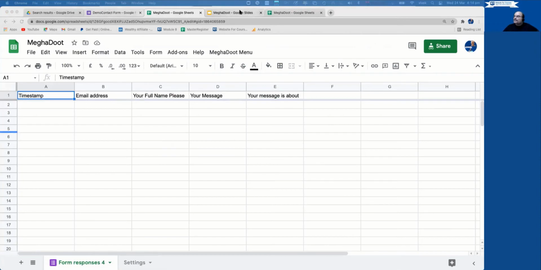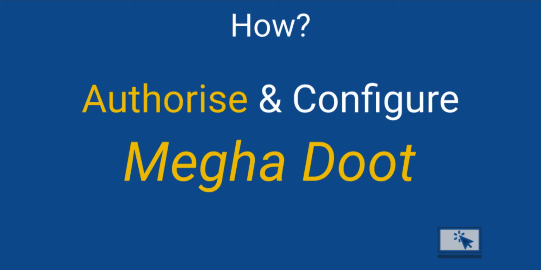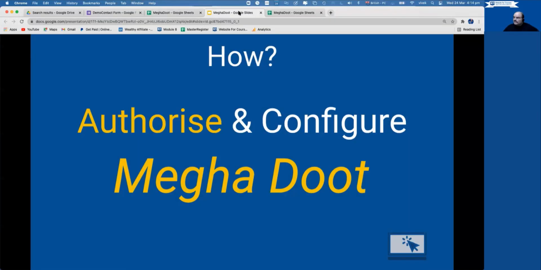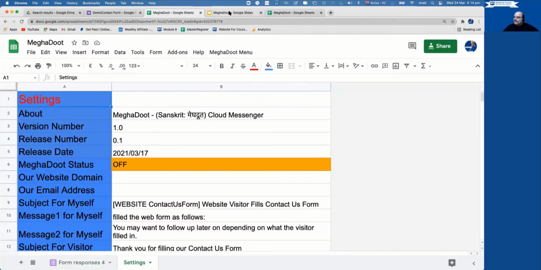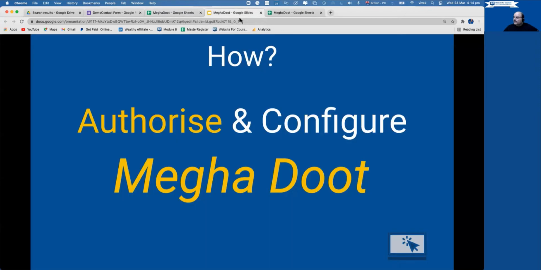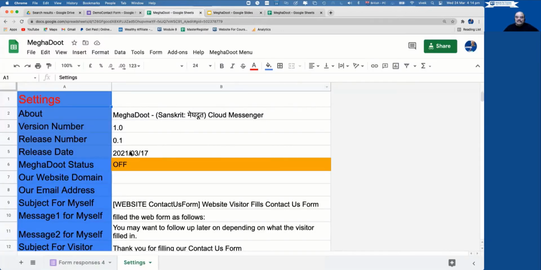I need to authorize and configure Meghdut. What you're seeing here is Meghdut. Need to authorize this and configure it. So let me do the authorize part first.